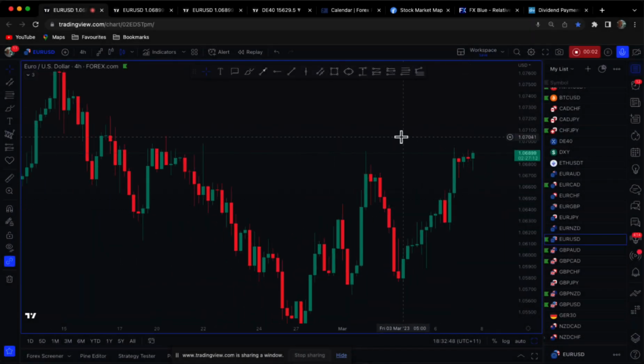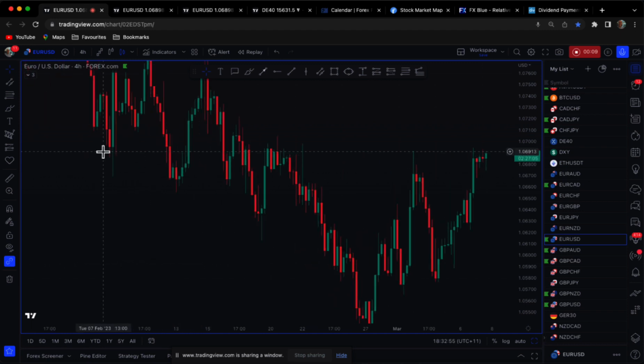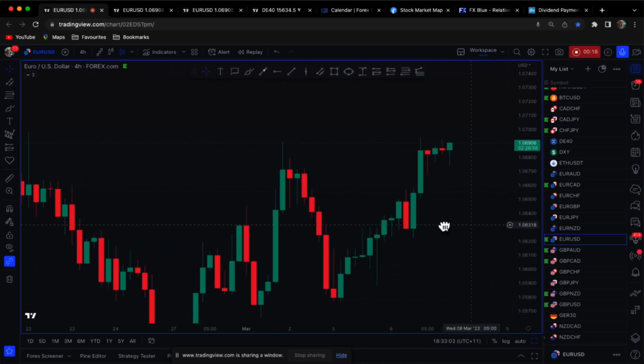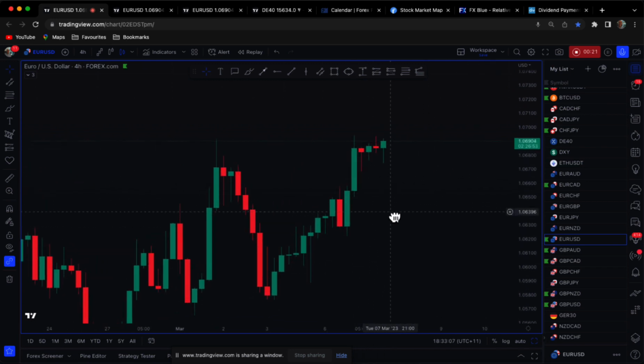Traders, Anthony here. We have the euro dollar open on a 4-hour chart. Just look at this level back in through here. We're trading into quite a significant resistance level, as you can see here. And the thing that interests me with this is the fact that this is extended, overextended even, and we've got